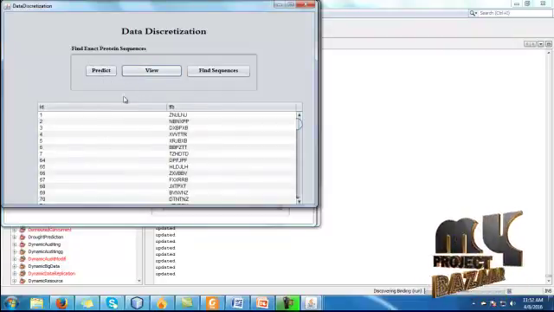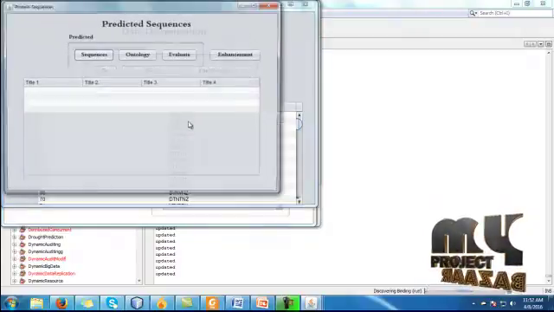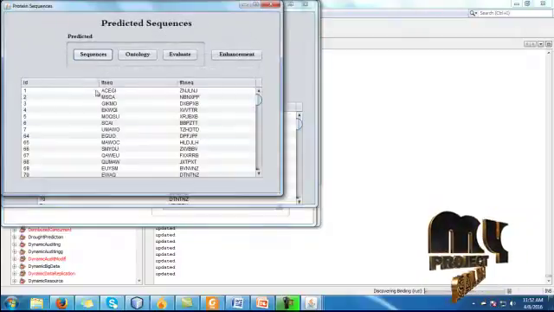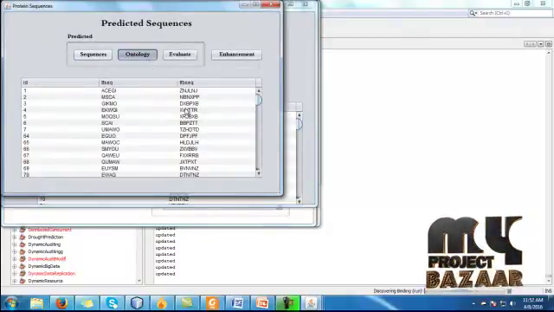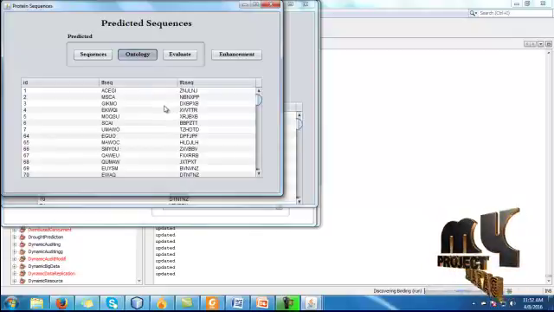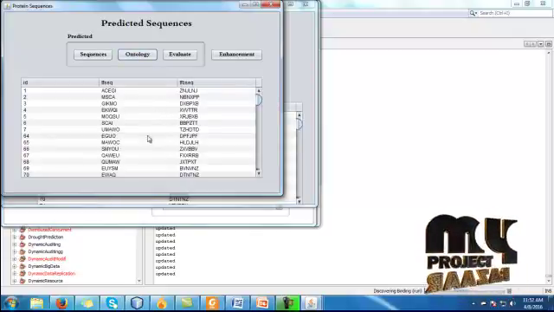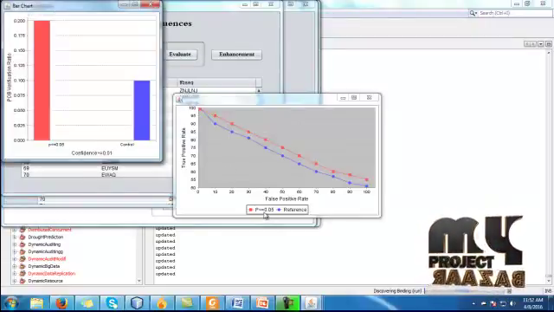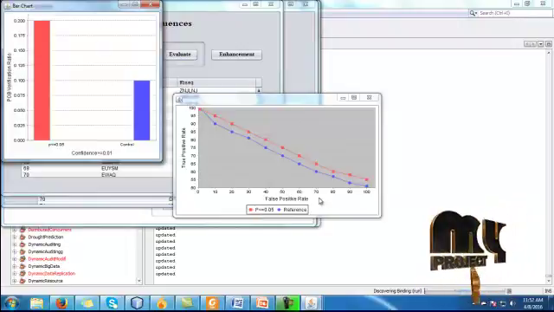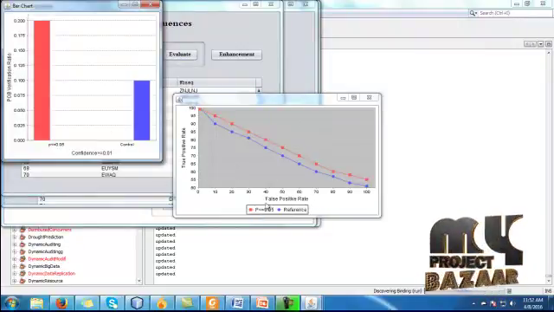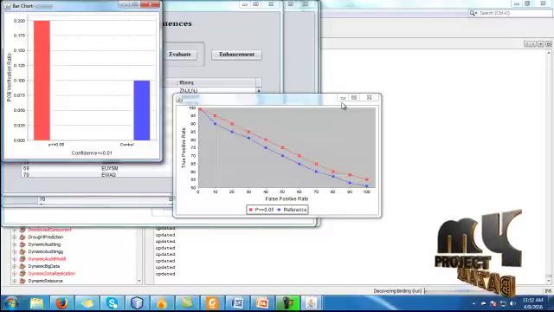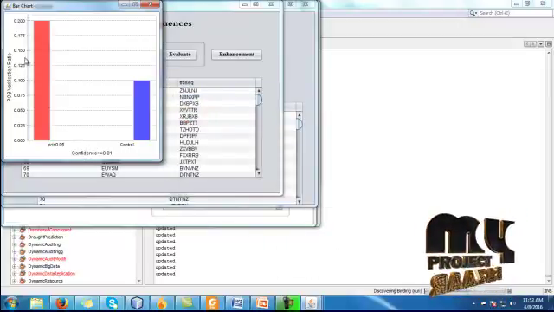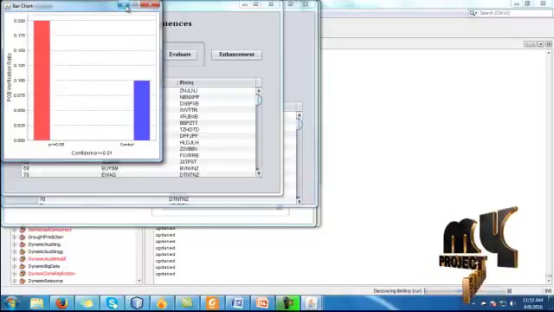Here we find exact protein sequences. Then click find sequences. Here we find the sequences, and here we are generating the ontology. So it will be redirected into our browser. Then here we click the evaluate button, comparing our proposed system and existing system. Here we calculate the true positive rate and false positive rate, and by using that we evaluate the process, and by using the p value and control and verification ratio, we evaluate the process.